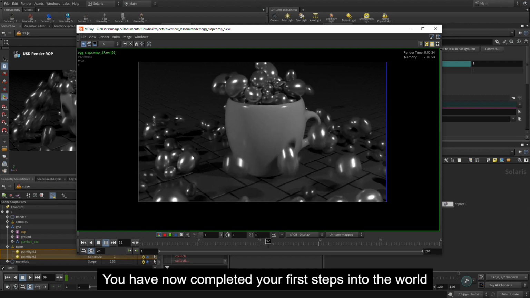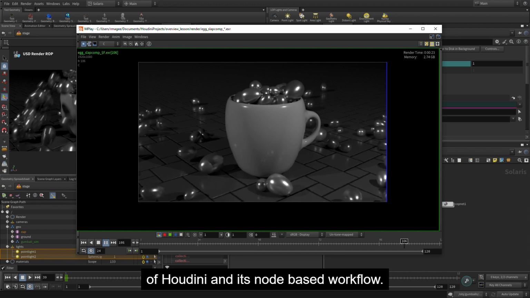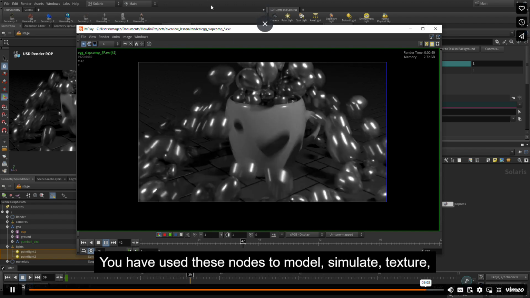You have now completed your first steps into the world of Houdini and its node-based workflow. You have used these nodes to model, simulate, texture,